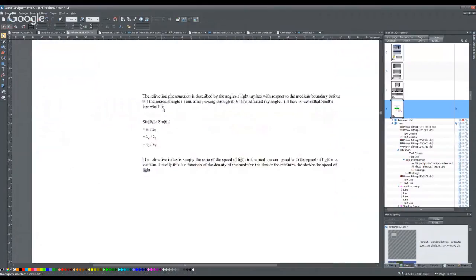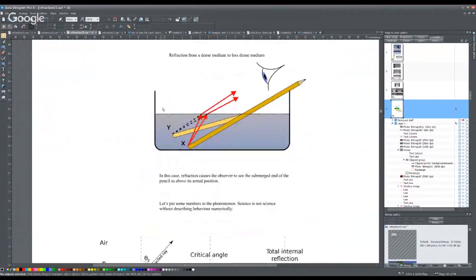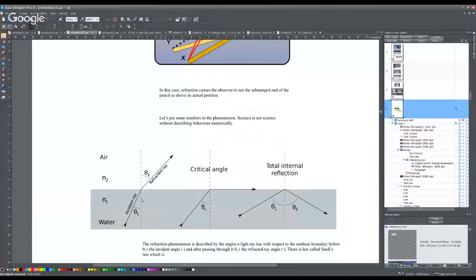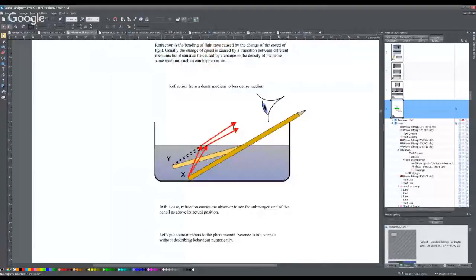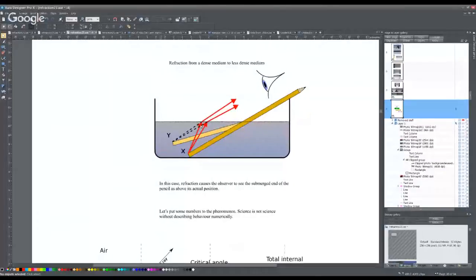Right, so basically we know about sticking a pencil in some water, and it effectively brings the pencil up, because it's bent. When you're going from a dense medium to a less dense medium, the light bends in this manner. The angle is increased. You have an incident angle against the normal to the medium, and that is increased when you go from a dense medium to a less dense medium. So you get this sort of effect here with a pencil seemingly bent, just due to the fact that